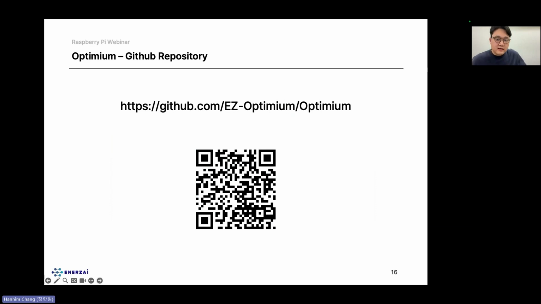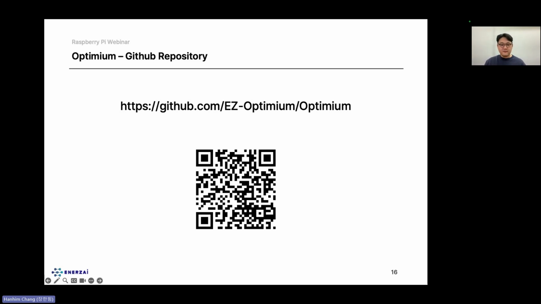So, as mentioned, we just opened a GitHub repository to share all the listed MediaPipe models that are already optimized from our side using Optimium, along with the Optimium runtime, which can execute those models. And we're planning to release more Optimium optimized models on this repository. So feel free to let us know which models and target hardware you would like us to optimize at the discussion section of this repository.